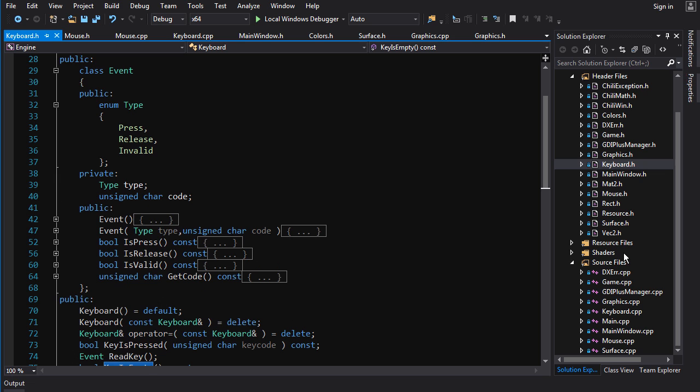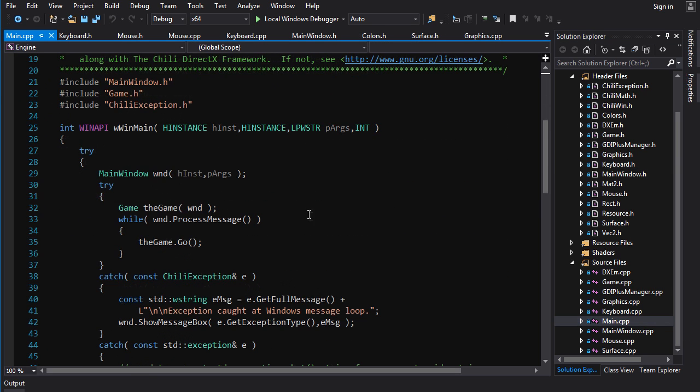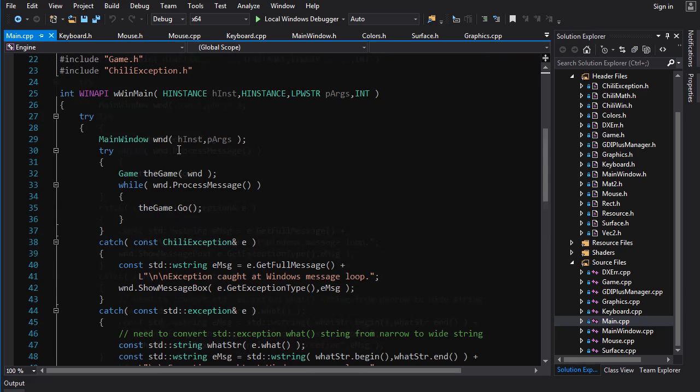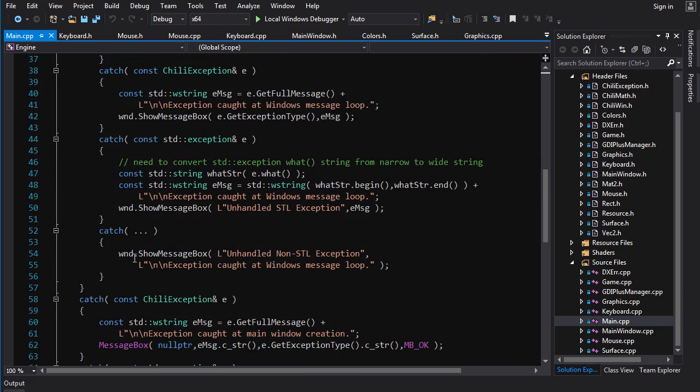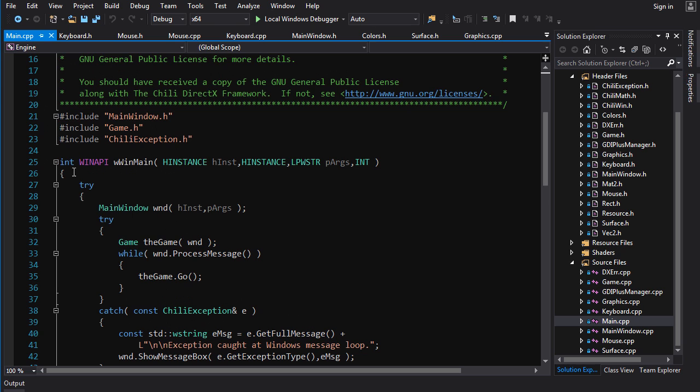So let's switch gears here. Let's look at the entry point to the whole program, the main. So here you've got your main, and I'm using exceptions here. I'll talk a little bit about them in a second. But ignoring the exception, the try catch, all you've got here in the main is you create a main window object. You pass it instance and arguments, and it creates the window and does all that stuff,